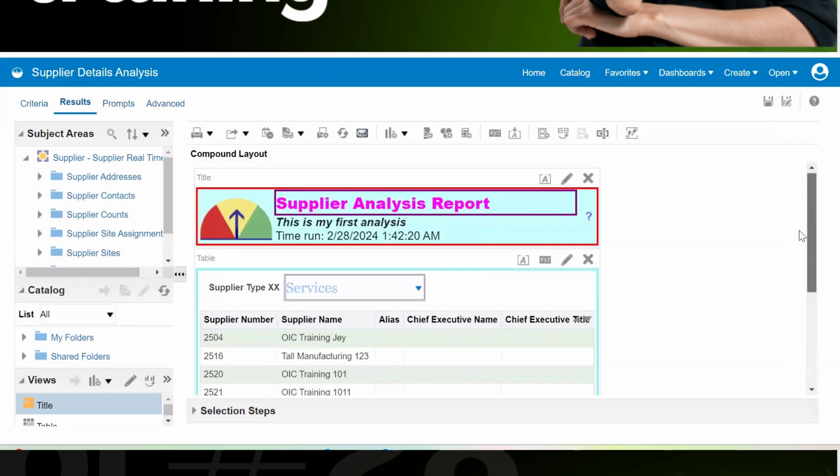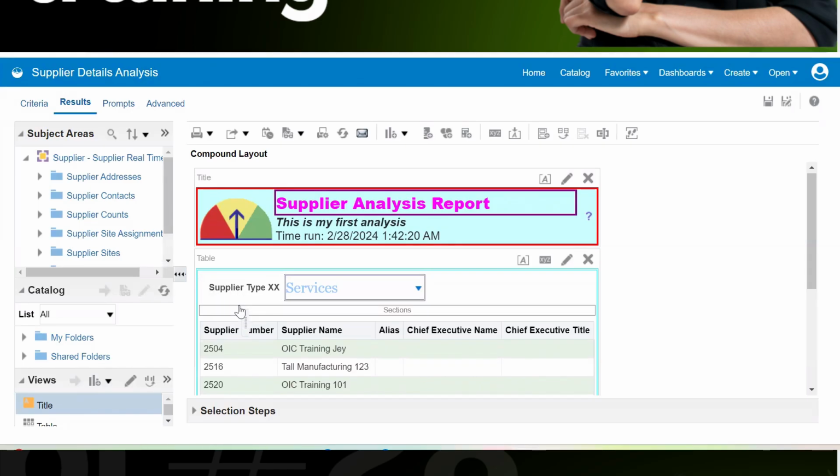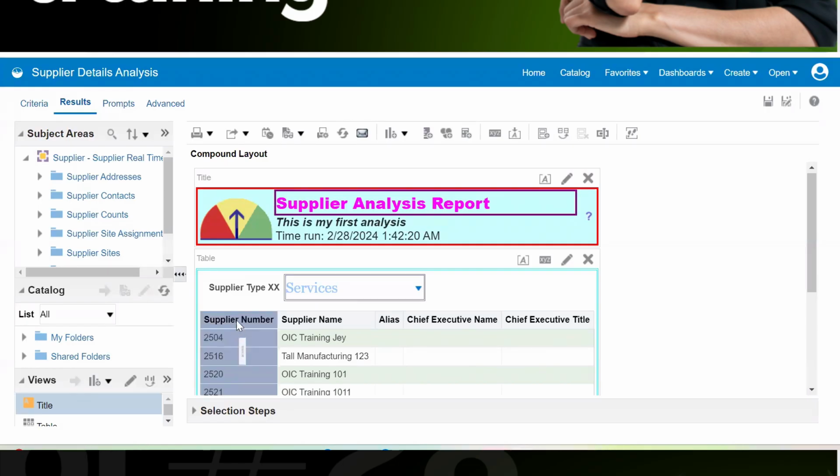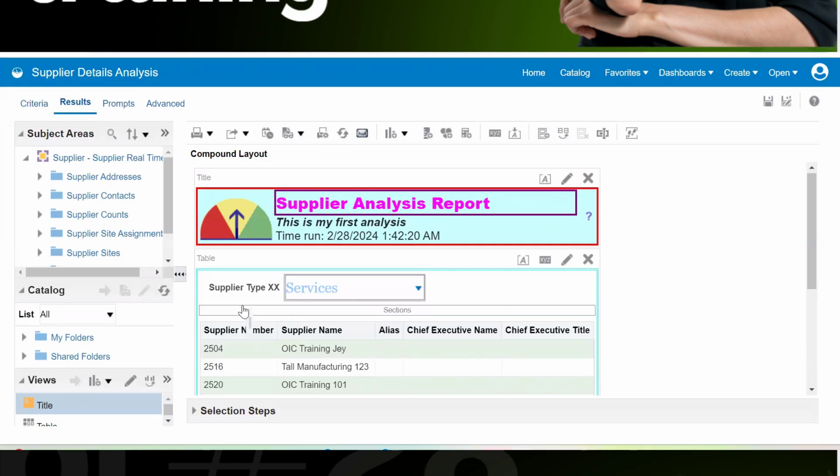Okay, guys. So this is one of the properties or settings that we can use, that is table prompts. In addition to that, once you try to access this and drop it either at the table level or, there is another placeholder available called sections. If we drop this particular column into sections, what you are commanding is that I don't want the options to select the supplier type one by one.